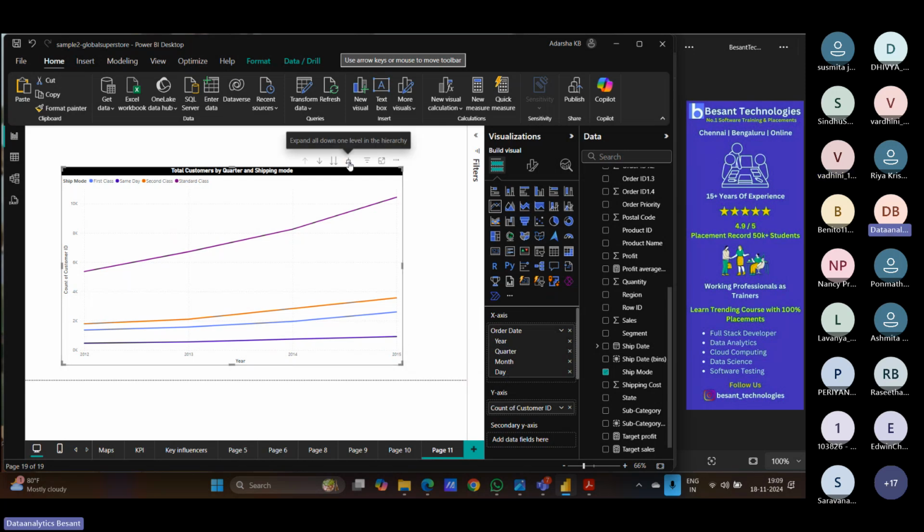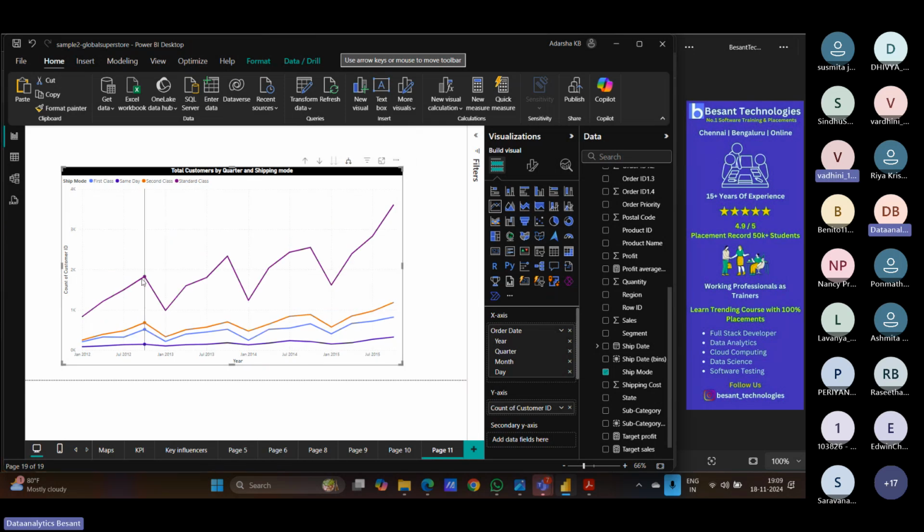Suppose if I want to expand all down one level in the hierarchy, so what it means is that here now 2012, 2013, 2014, and 2015 detail is there. So I'm using this drill down. So if I just